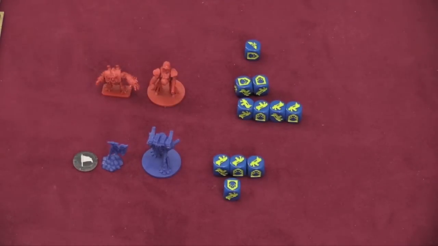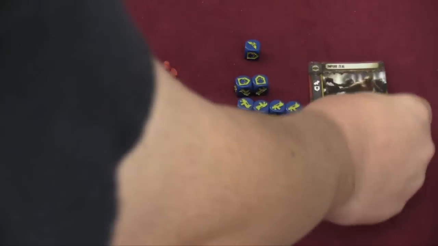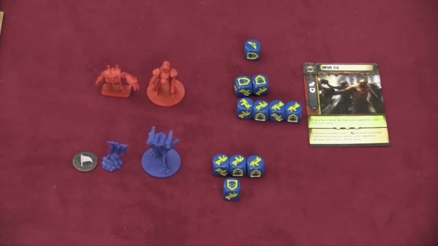Players will now take that deck of 10 cards I told you about, shuffle it, and draw 5 of those cards into their hand. They're going to each pick a card from their hand and play that card. So let's say the Chaos Marine, he's the attacker, so he plays first, and he plays this Impure Zeal